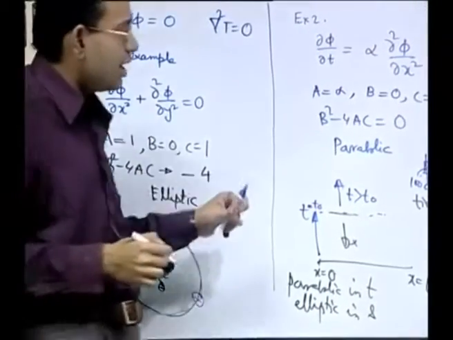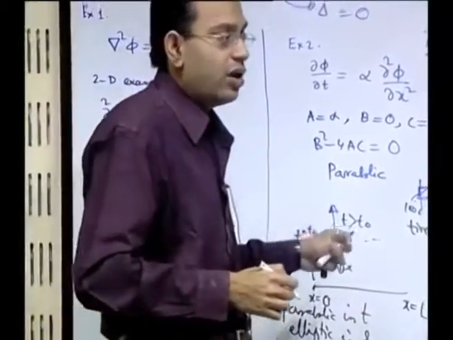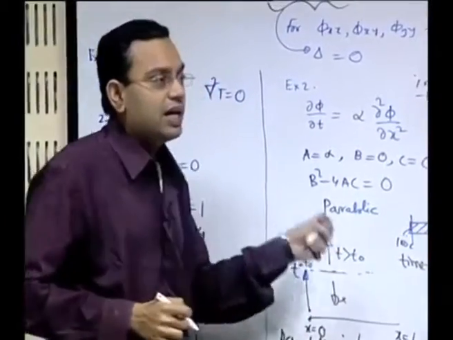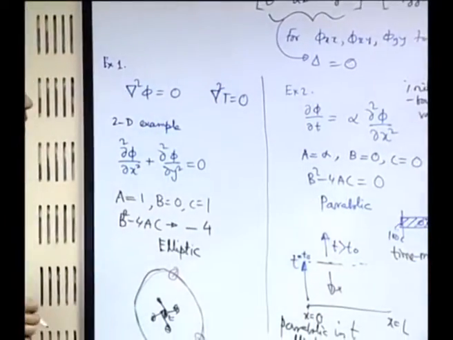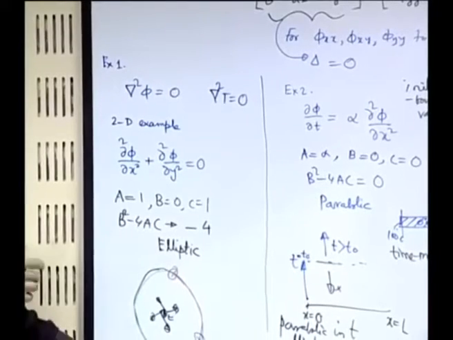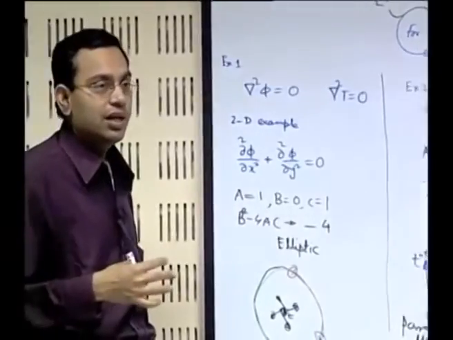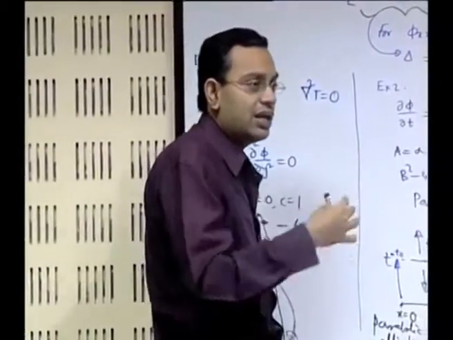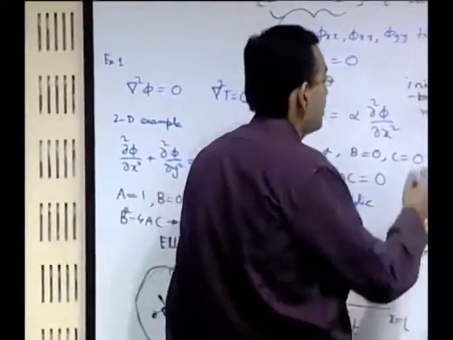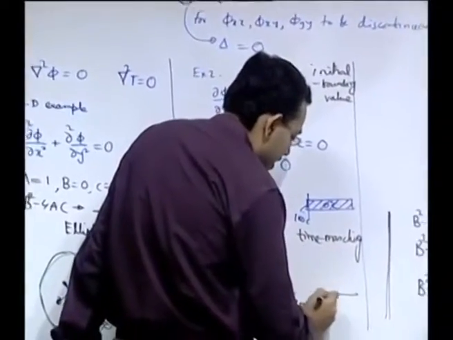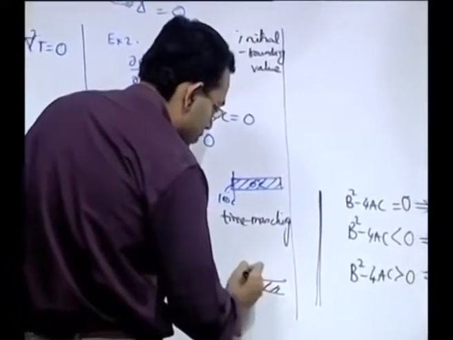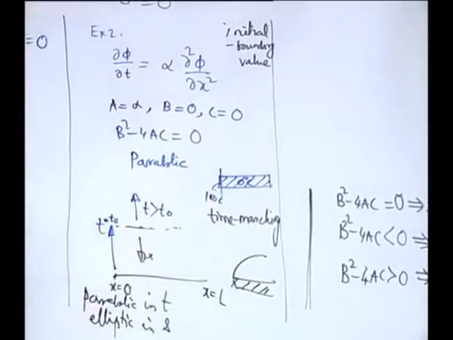Now, regarding the time marching or a one way type of coordinate that the time essentially manifests itself, it is also possible that space itself manifests like a one way coordinate. Let us take the example of boundary layer development over a flat plate. If you consider that there is a flat plate over which you have the development of a boundary layer,